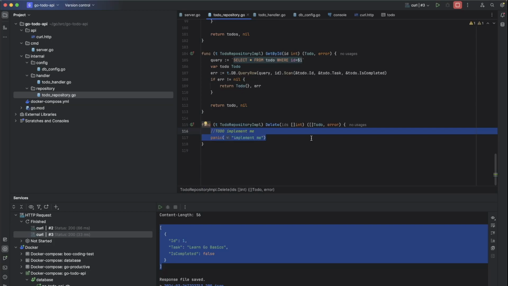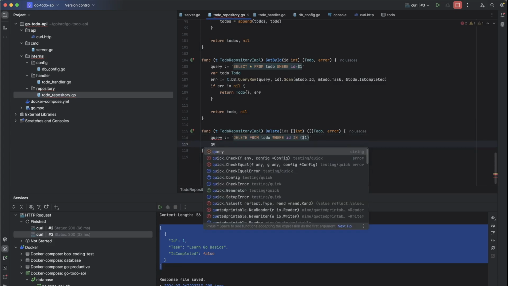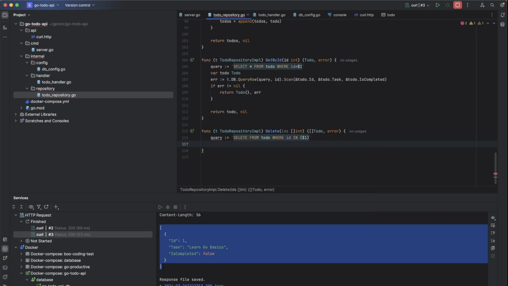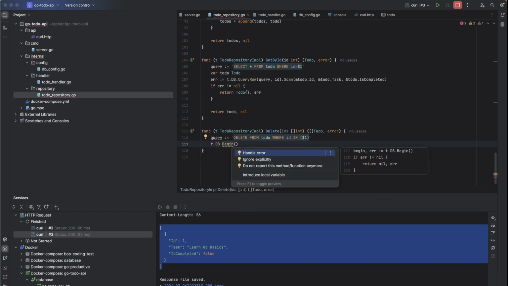And now for the delete query. For query is delete from todo where ID in, because we have a list or array of IDs. Because this is the transactional API, let's start the transaction, .db.begin transaction.